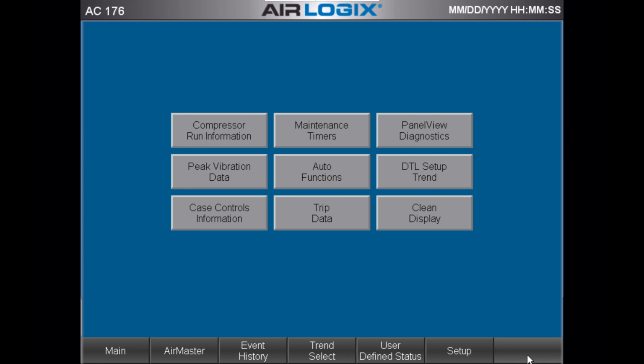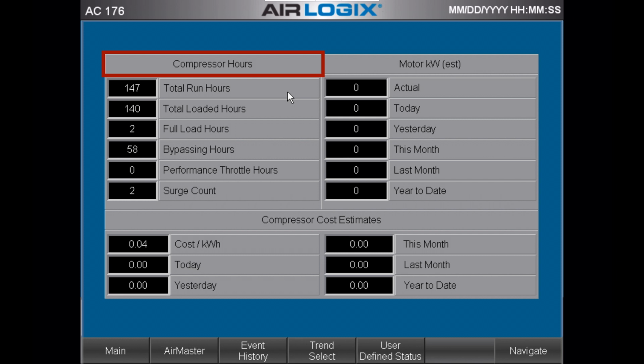The top left button reads, Compressor Run Information. Pressing this button will display a screen that is organized in 3 sections. Compressor Hours, which shows total run hours, total loaded hours, total full loaded hours, bypass hours, performance throttle hours, and the surge count. In the section called Motor kW Usage, you see the estimated motor power used over time. This includes the current reading, the total for the current day, the previous day, this month, the previous month, and